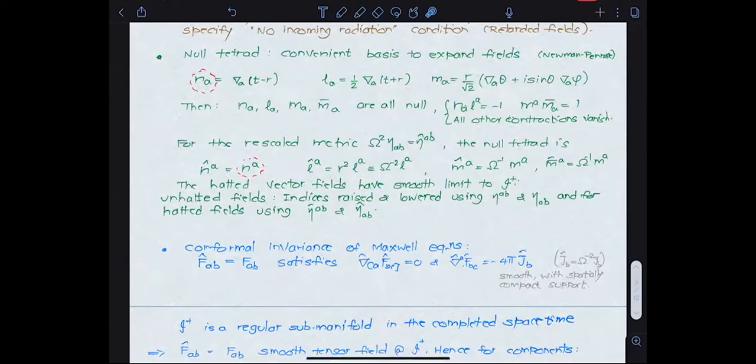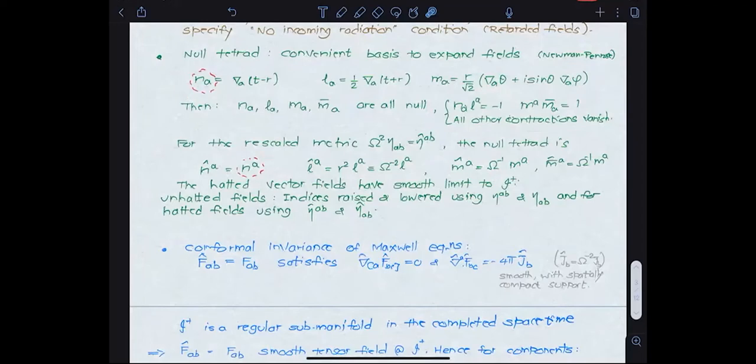And M and M bar, and M is of course null. The only non-trivial inner products are N dot L, which is minus 12, and M times M bar, which is equal to plus 1. All other contractions vanish. Therefore, for the rescaled matrix, omega squared times theta AB, we have to rescale this triad, and the